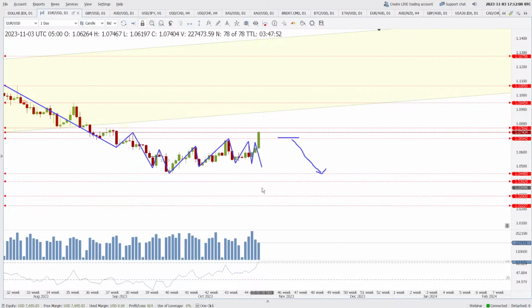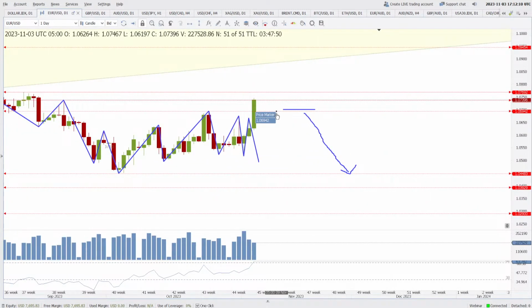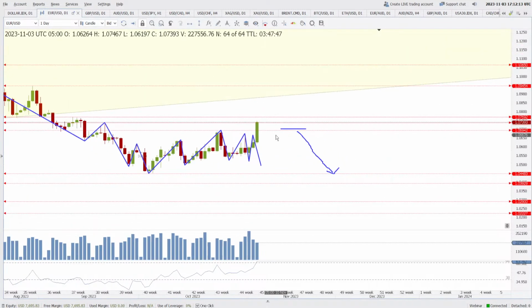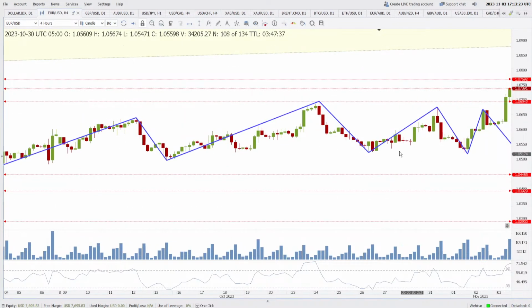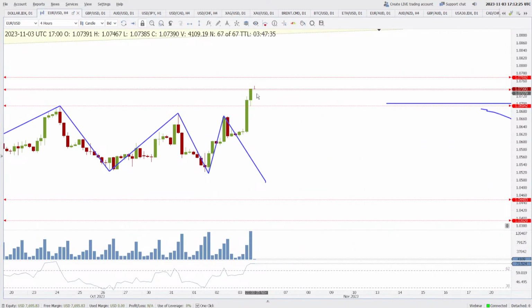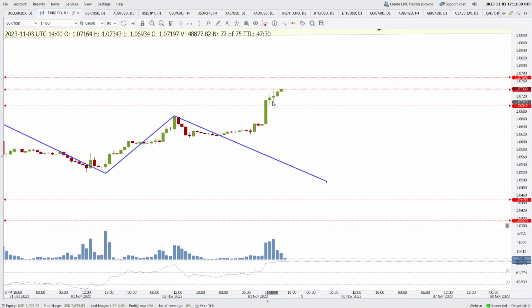All right, from the daily, it looks like the price has finally broken the resistance around 1.0694. It has met with the resistance around this area of 1.0736, and that resistance can push the prices back towards 1.0694. So I'll go to 4 hour once again and see that the price from here can be thrown back. Actually from here it was thrown back once, and now it is going to, I think, 1.0769. From there, if the price comes back, that can be a second opportunity to go long in this market.